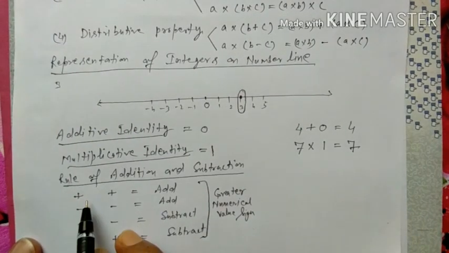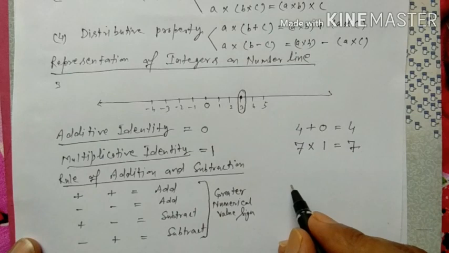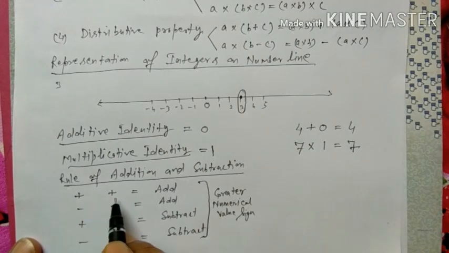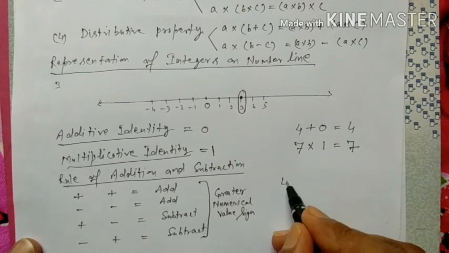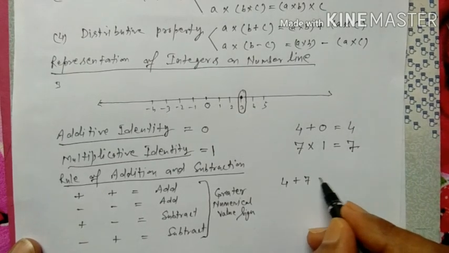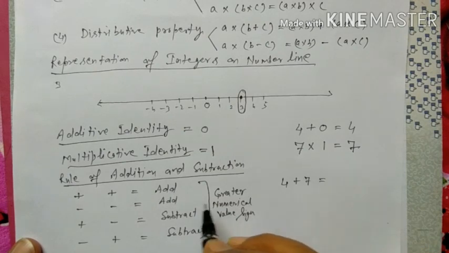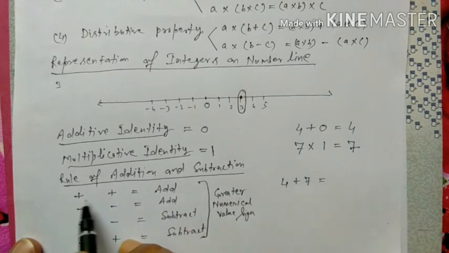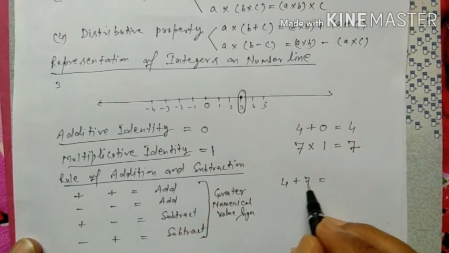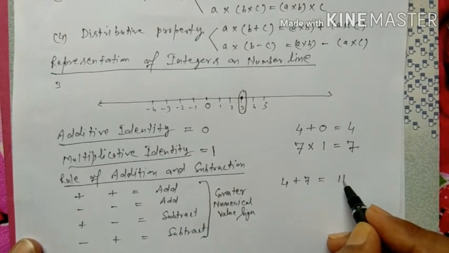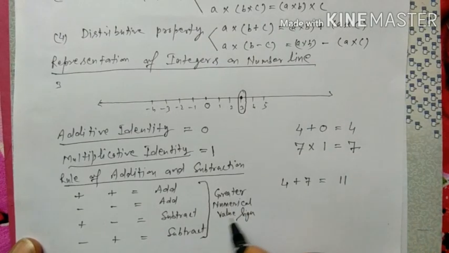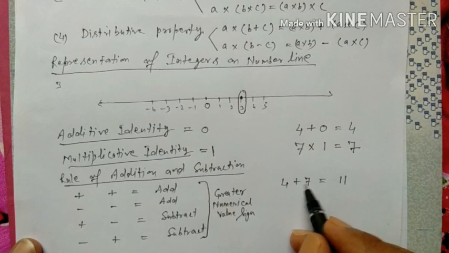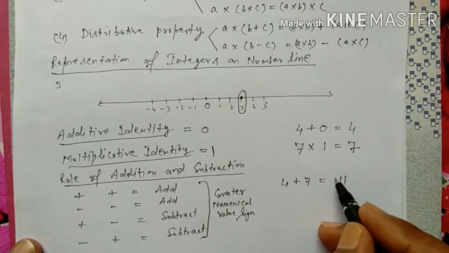So now take an example. When both numbers are positive, suppose 4 plus 7, then what to do? Then we will add both. Add 7 and 4 equal to 11, and the sign is the greater numerical value sign. The greater number in these two is 7. The sign before 7 is positive, so you can write positive here, or